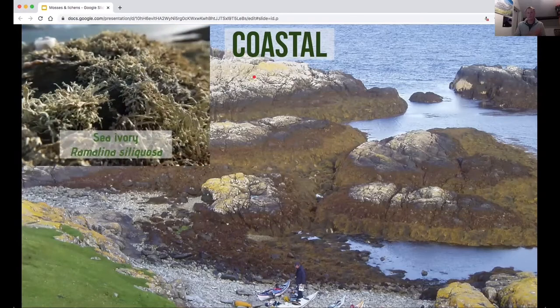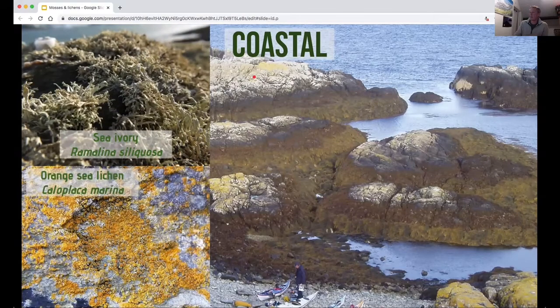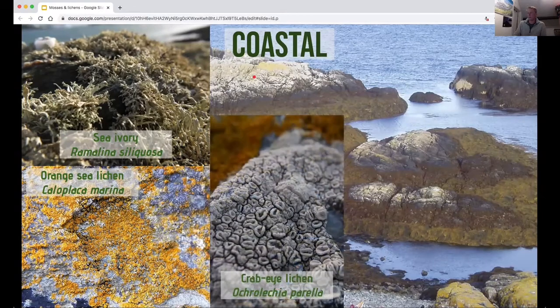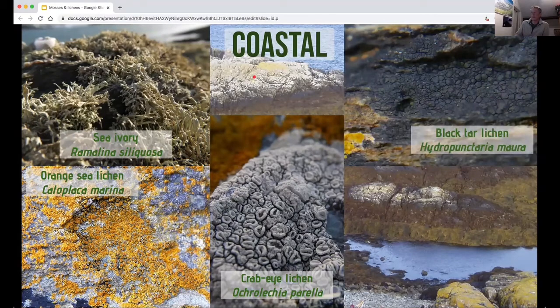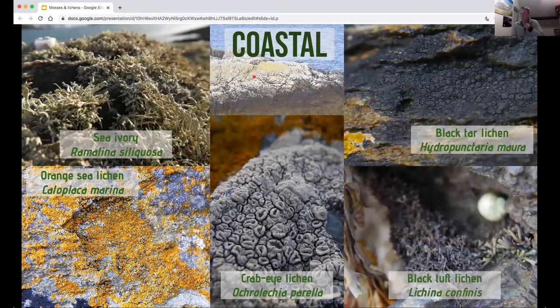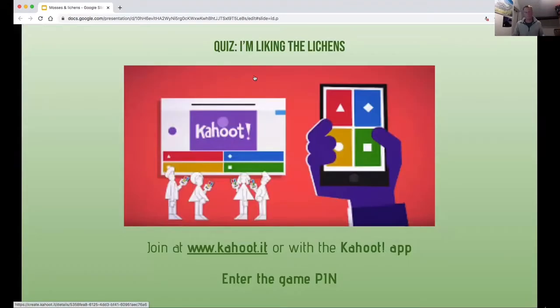So you get things like sea ivory, and then you get the orange sea lichen. And then there's this crab eye lichen, which you may have seen on the coast, with prominent reproductive structures there. And then the layer that looks like it's been tarred is actually a lichen, black tar lichen. And then even down with the barnacles and some of the seaweeds, you get black tuft lichen. So that was a whistle-stop look at the